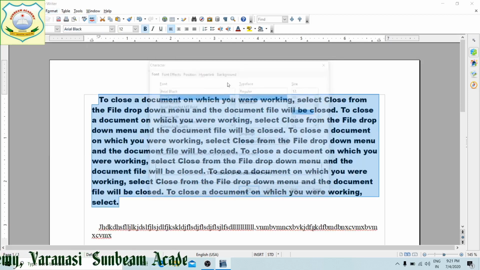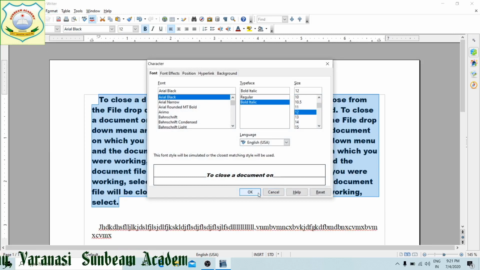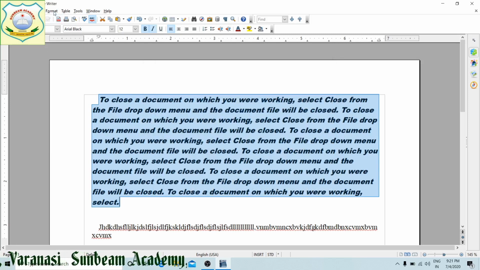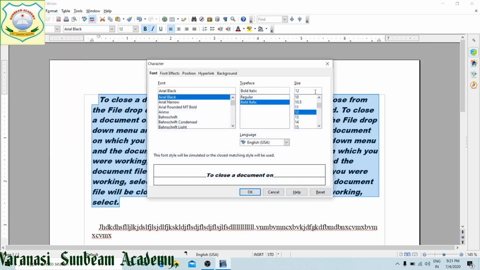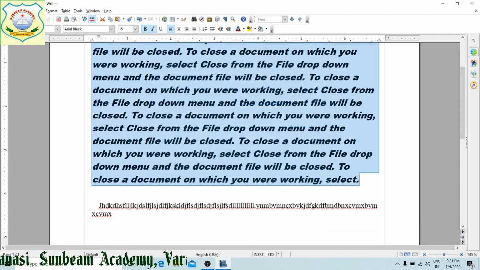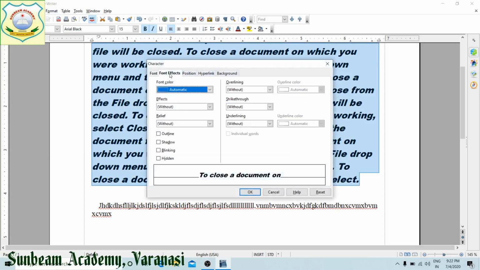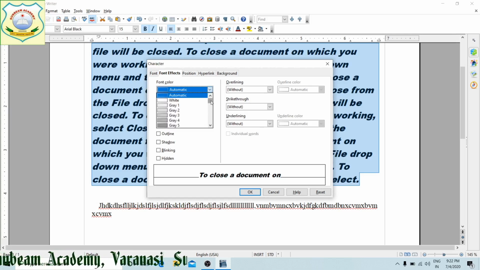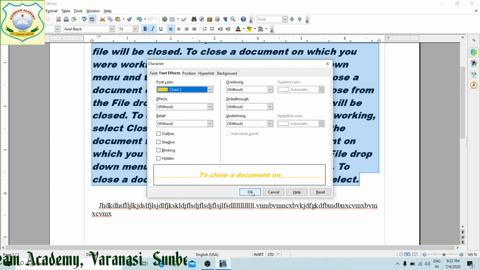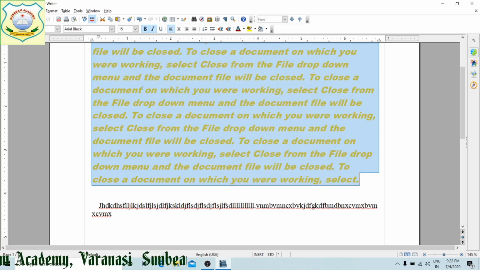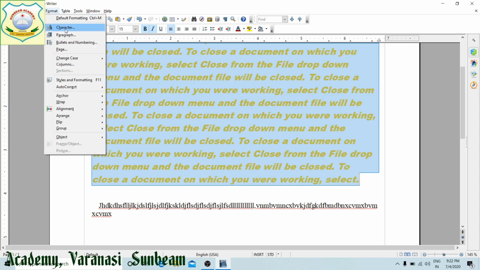Next, font style or face you can change. Then you can change the size of the font. Not only this one, you can give effects to the fonts. Font color, what you need, that color you can give here. You can choose any of the colors. This color will be seen in the text.